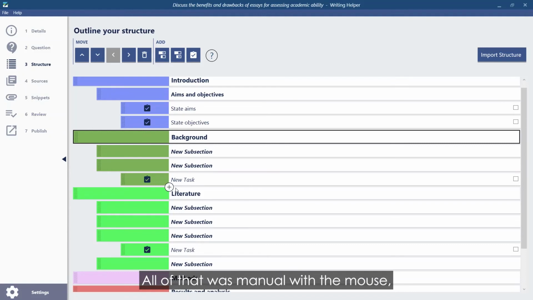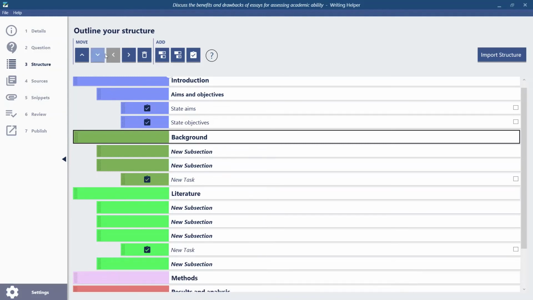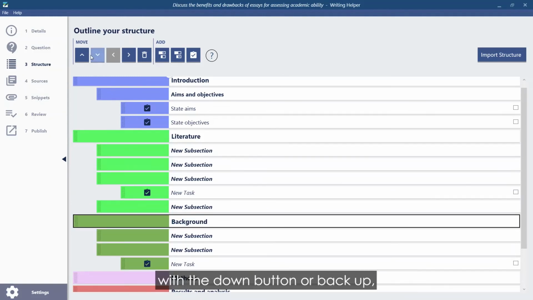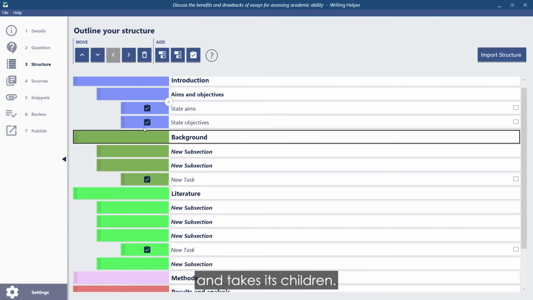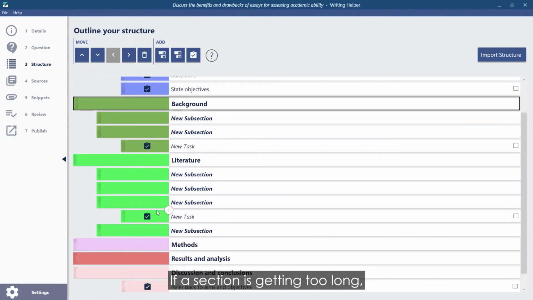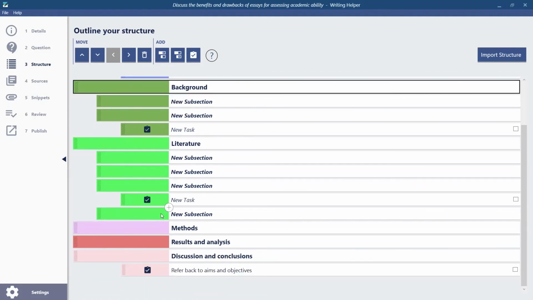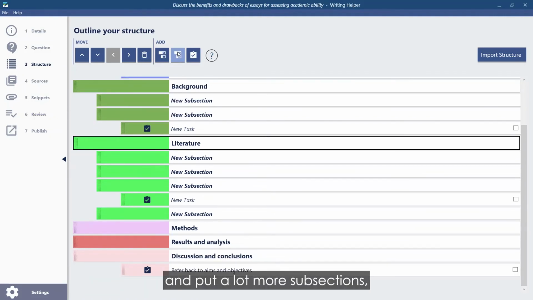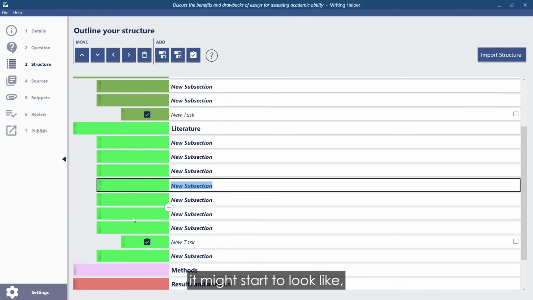All of that was manual with the mouse, but you can use these buttons as well. I can, for example, take background and move it back down again with the down button, or back up. And you can see how that moves and takes its children. If a section is getting too long, for example, let's take this literature and put a lot more subsections, it might start to look like we might have a lot to say, so it might become sensible to split the